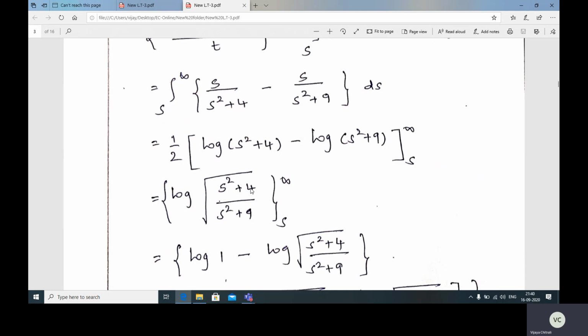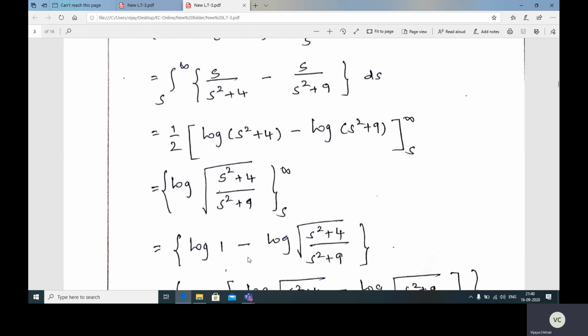Yes, in place of s we need to substitute infinity. So infinity squared or infinity, both are the same, right? So 4 divided by infinity, 1 by infinity is 0, 0 into something is 0. So 1 plus 0 divided by 1 minus 0, so 1 by 1, so square root of 1 is 1. So upper limit is log 1 over, minus lower limit.